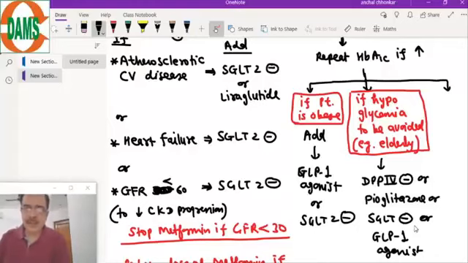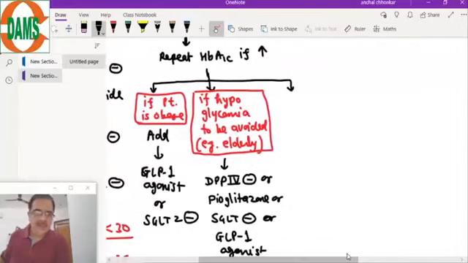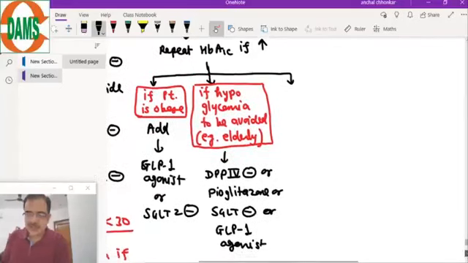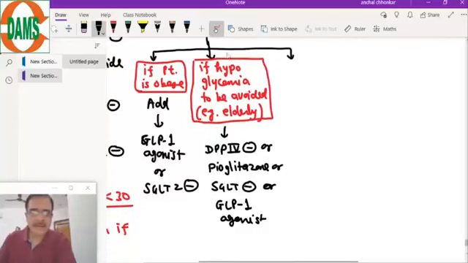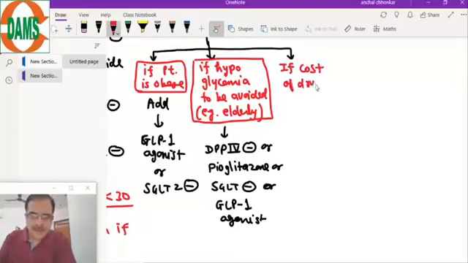Now the third condition, and third condition is very important for Indian scenario. Reason being, these agents, especially the SGLT inhibitors and GLP-1 agonists, are very costly. These are very costly agents. So if cost of drug is to be reduced,